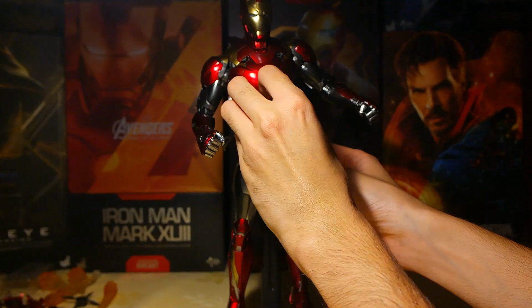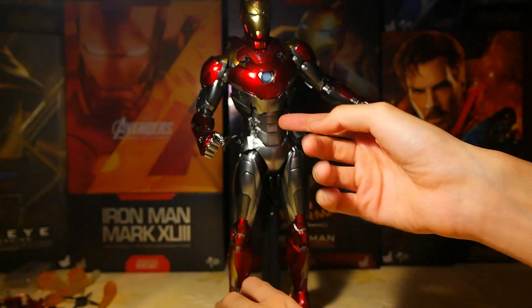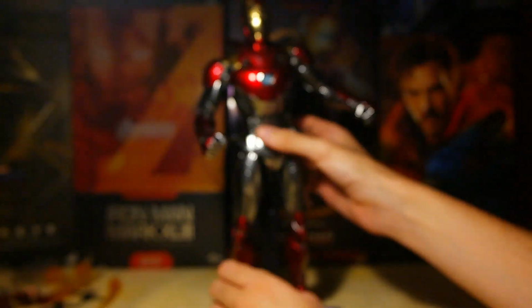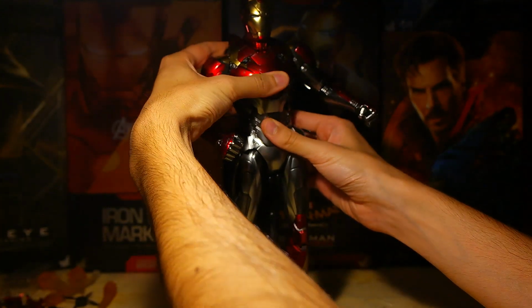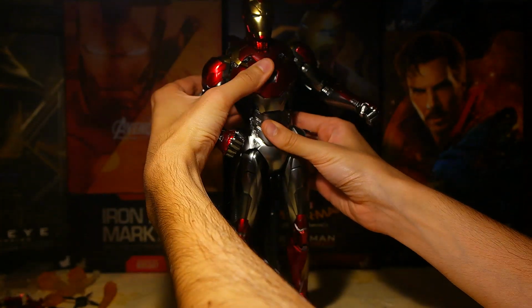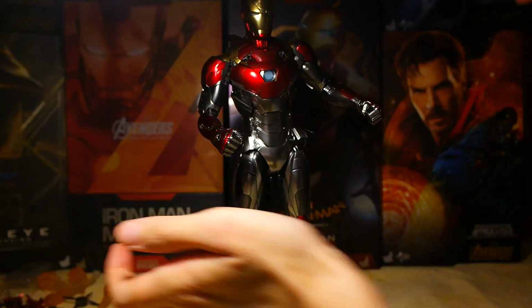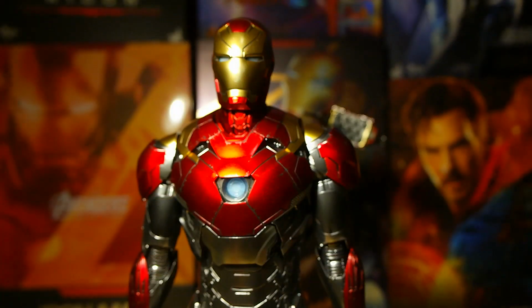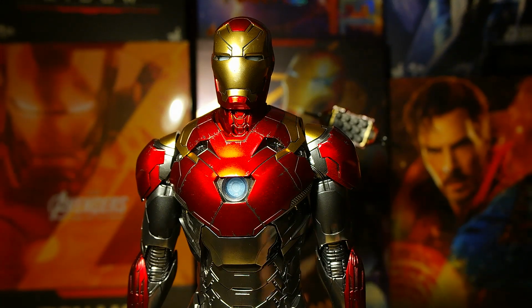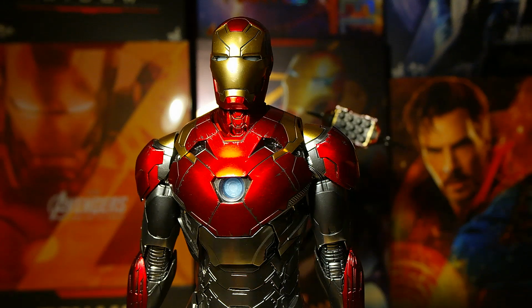This part also moves for better torso range here. So there are a lot of articulation on this figure, as usual with Hot Toys. We'll put the batteries later on during the review, but I just wanted to show you